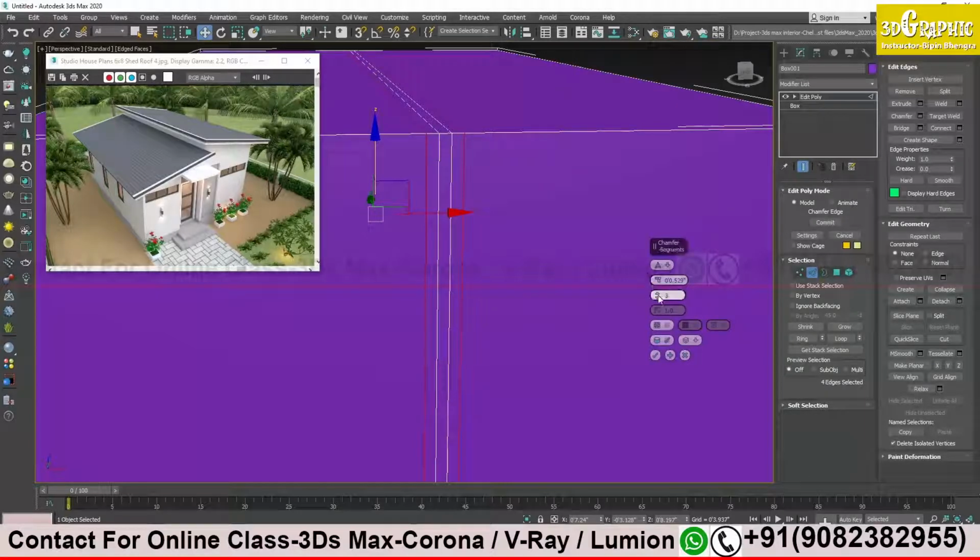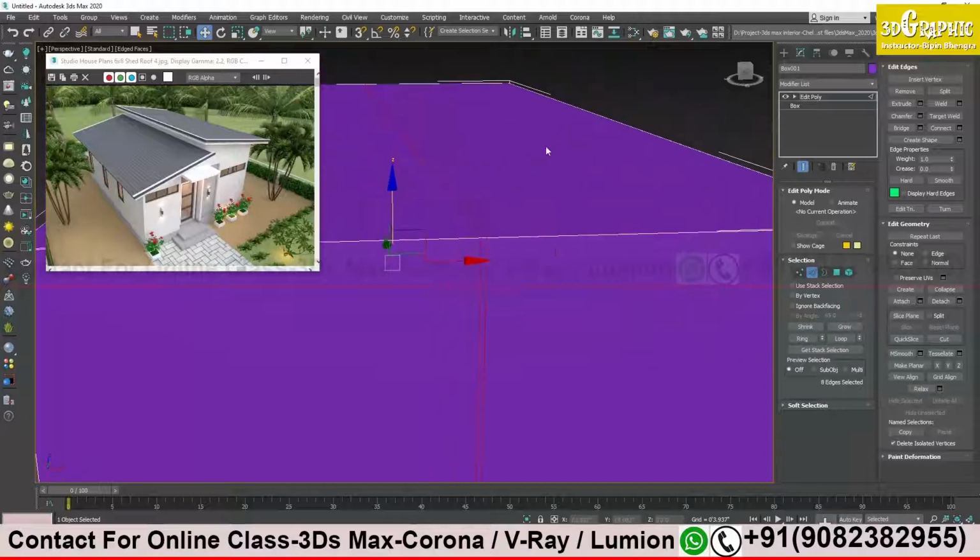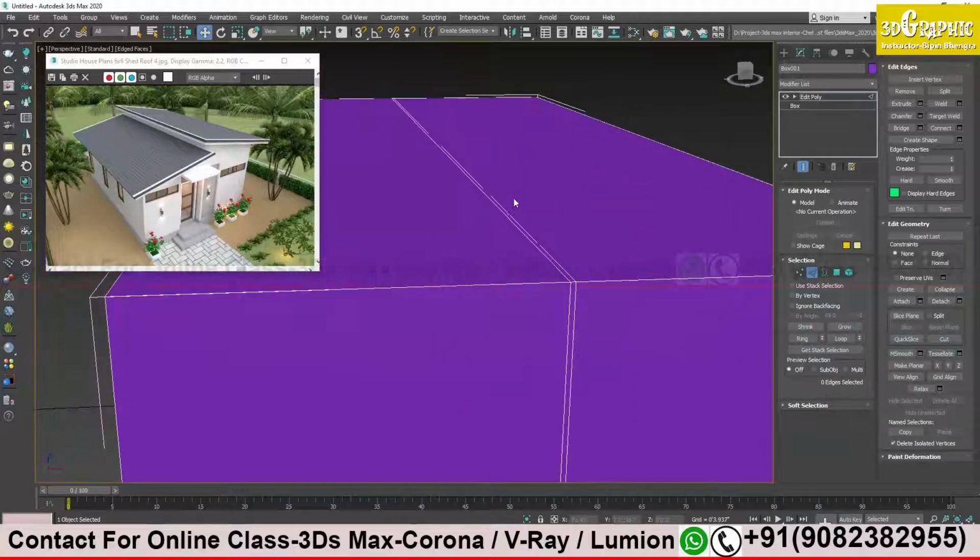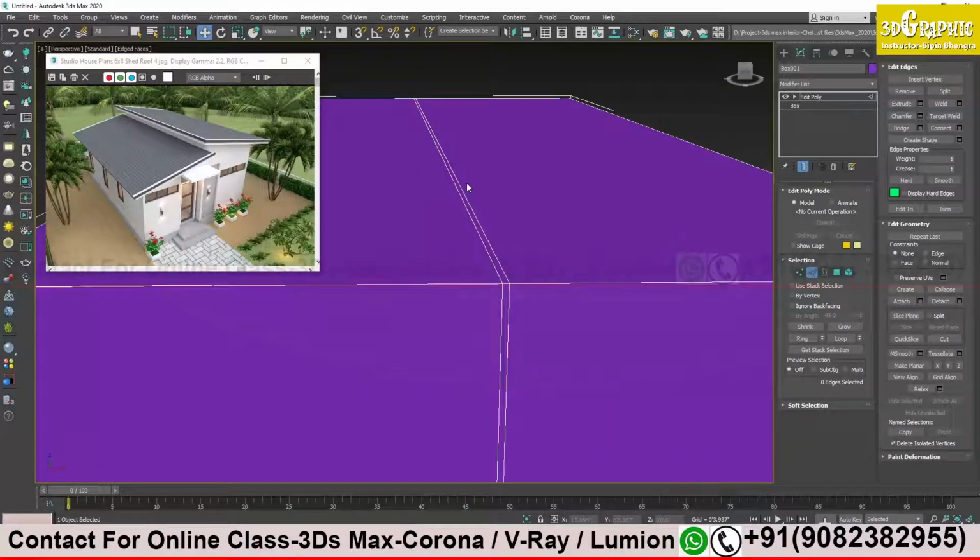You see, I can have multiple edges at the center, but I don't want that. I just want one only, and the distance should be not much, a little bit. Clear? Below you don't have to make any changes, only the first and the second one, and I will tick over here. So now how will this be helpful?